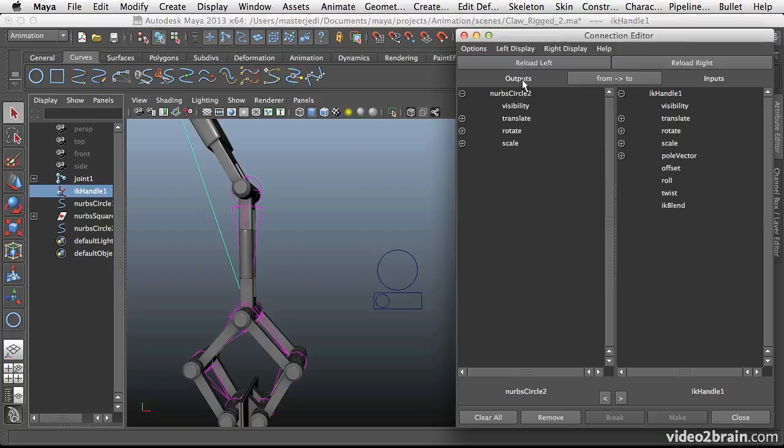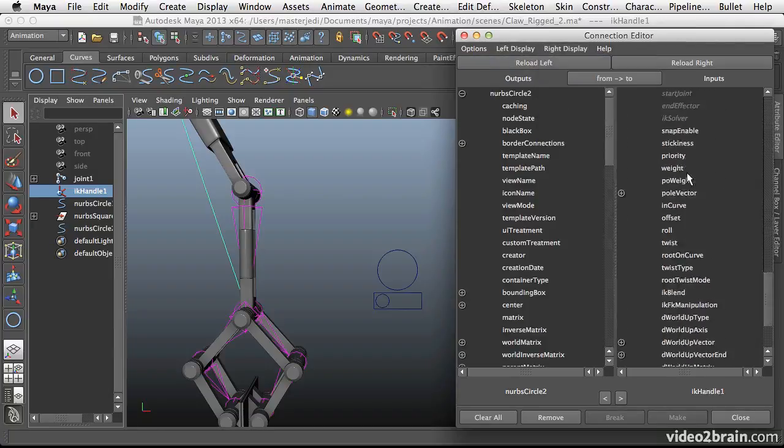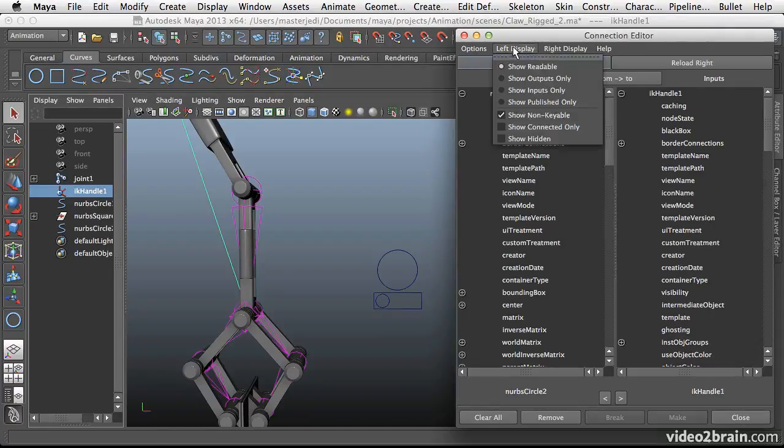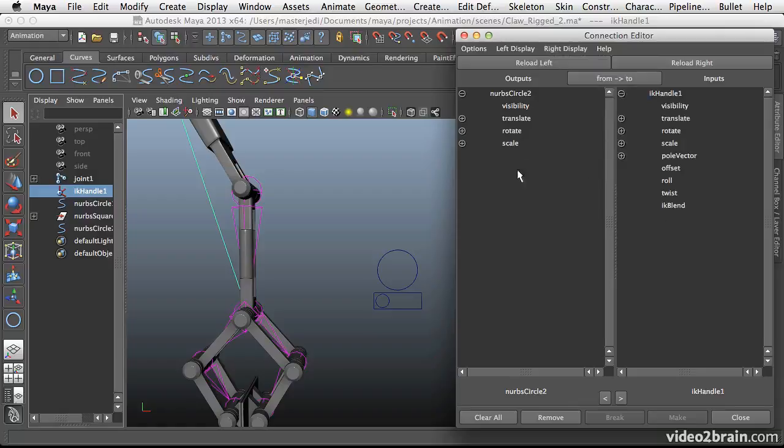Now, if you just have your Maya set up as the default settings, you're probably going to get something more verbose here, and it can be a little bit complicated. You'll probably see something that looks like this, where you have a whole lot of objects here. This can be a bit much, especially if you're just new to learning 3D or new to Maya. So what you can do to limit the amount of information you can see here is just turn off this Show Non-Keyable option. So you can see there it is for the left, and also for the right, and now you can see I just have a more simple set of controls,